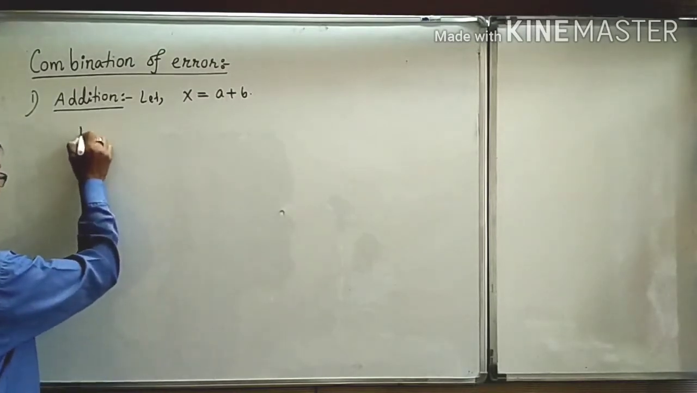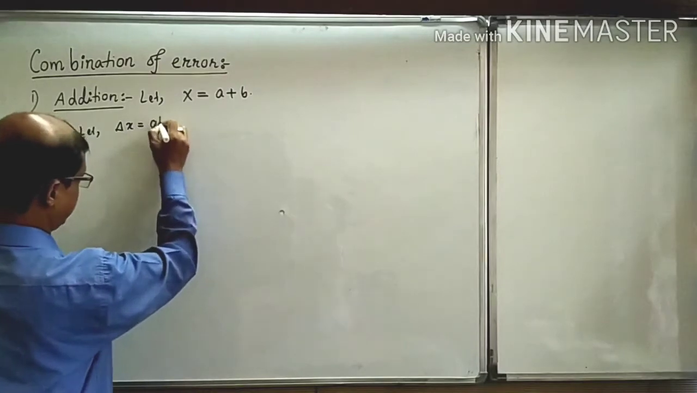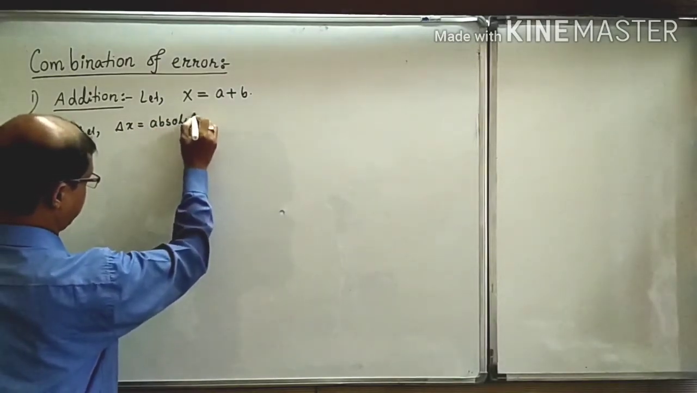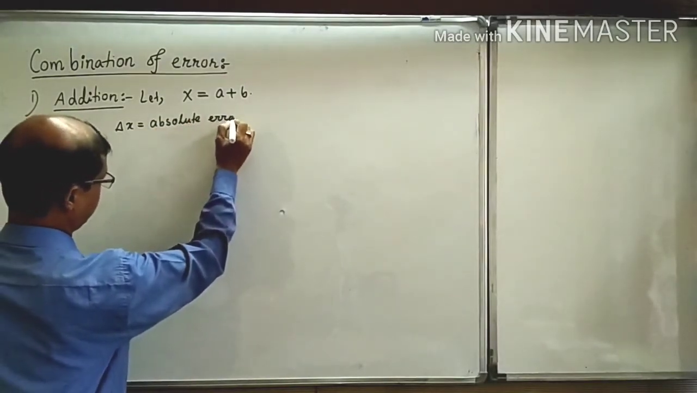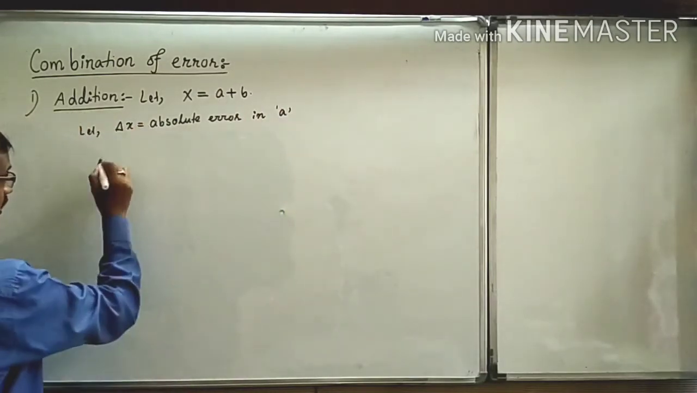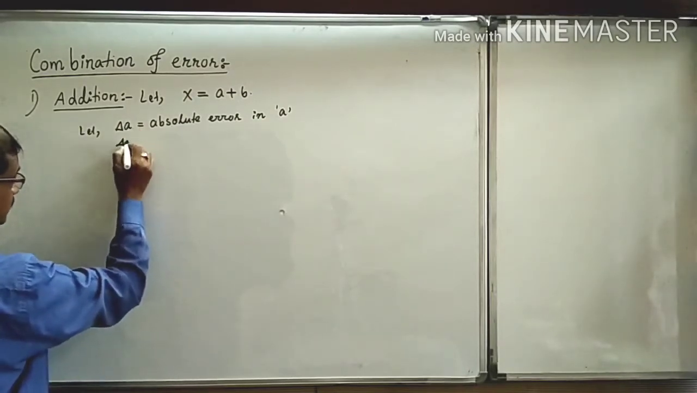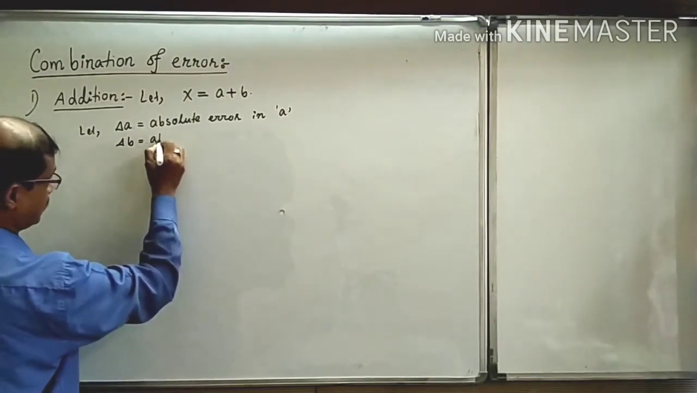Suppose del x, it is the absolute error in the measurement of a, and del b, it is the absolute error